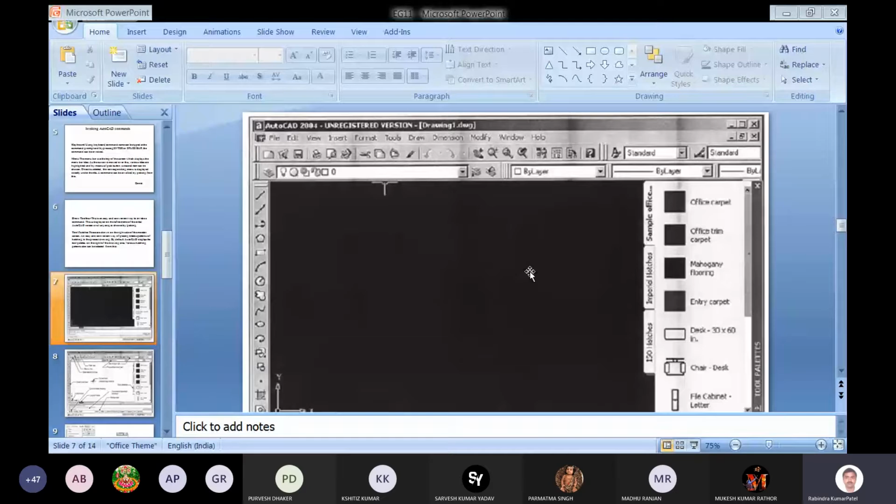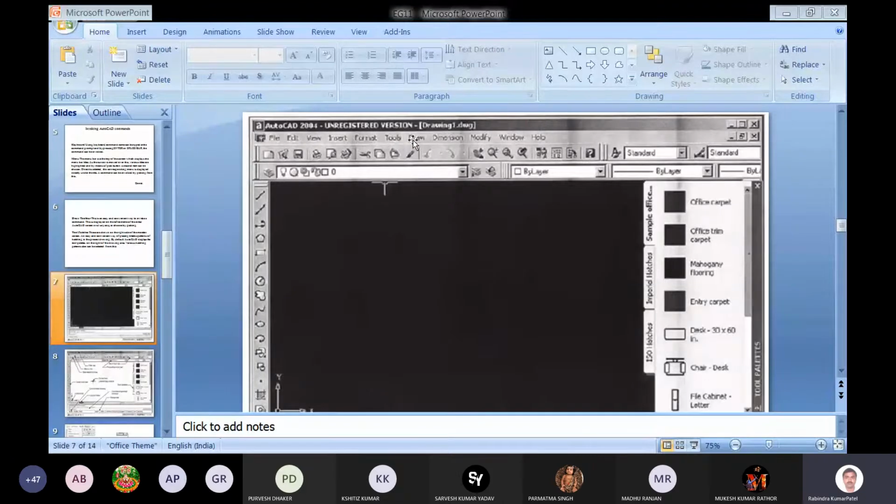So here you can see the graphical user interface of the AutoCAD. Here, you can observe at this location where the utility menu is. In that utility menu, file, edit, view, format, insert, tool, draw, dimension, modify, window, help are there.